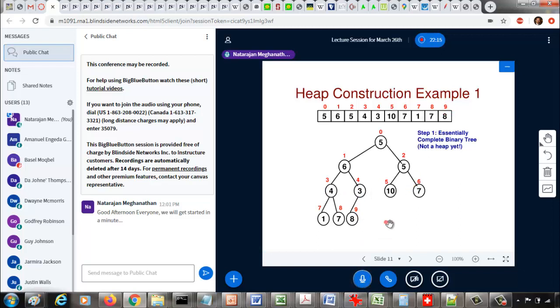Okay. Again, we saw a property that for any internal node at index j, its two child nodes are at index 2j plus 1 and 2j plus 2, and that is implicitly satisfied here. If j is 0, 2j plus 1 is 1, 2j plus 2 is 2. If j is 3, 2j plus 1 is 7, 2j plus 2 is 8. If j is 4, 2j plus 1 is 9, and 2j plus 2 is 10, but 10 is out of the range. The array has index only from 0 to 9. So when you get a child index that is outside the range, that means that node is missing that child node. Okay, so by arranging the nodes in top down, left to right fashion, we can get an essentially complete